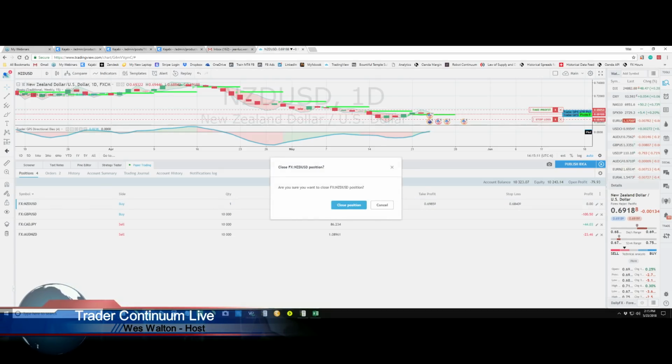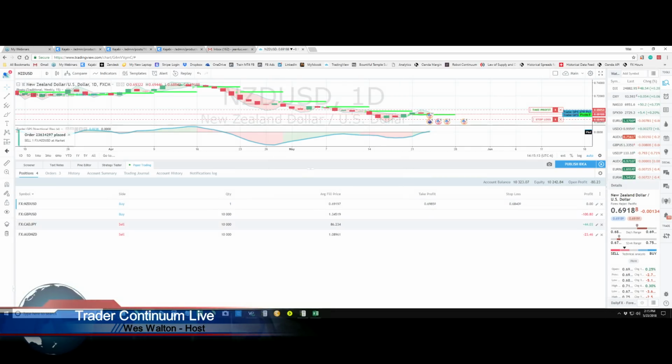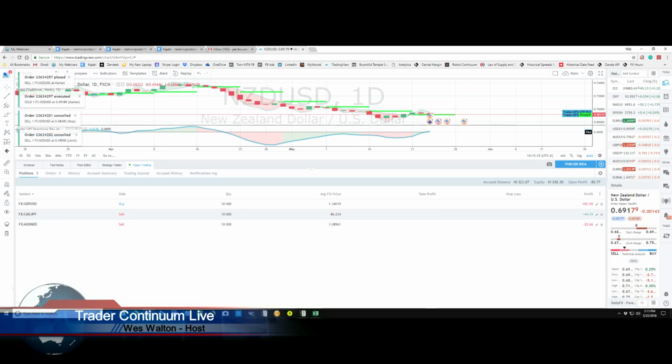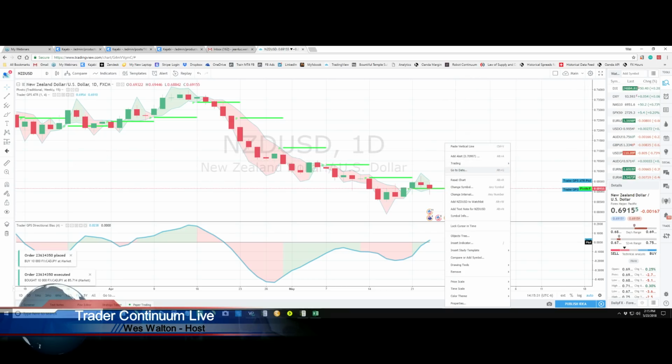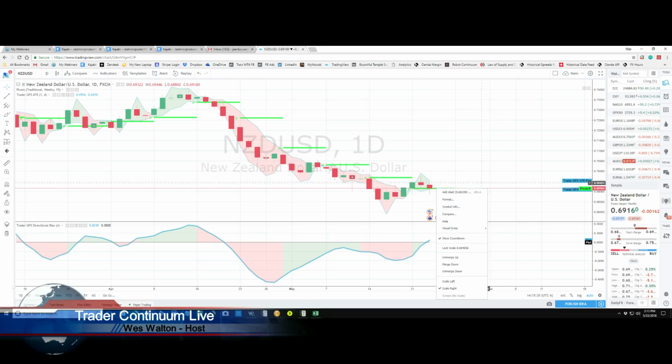Close this position. Oh, look, my Canadian dollar Japanese yen trade is doing well. I'll go ahead and close that one out too. Okay, there it goes. All right, cool. I only did one contract on this trade. That was pretty dumb. So let's go back down here, and we want